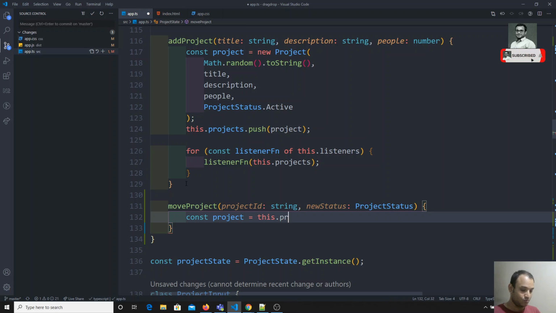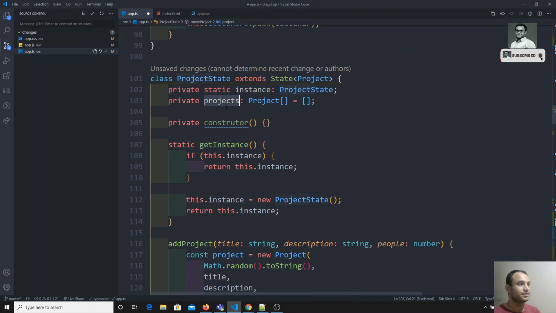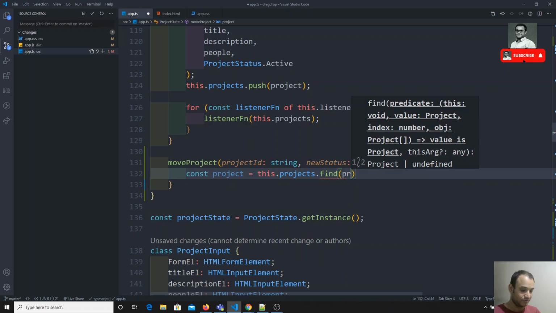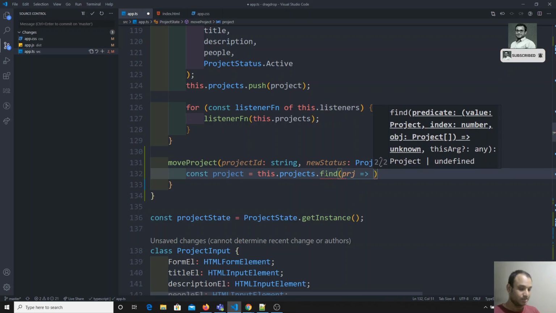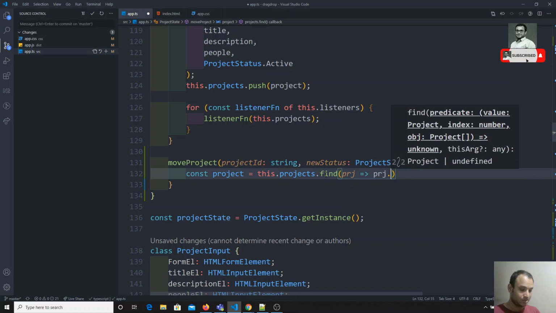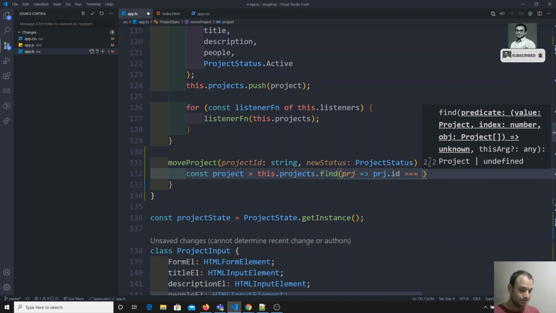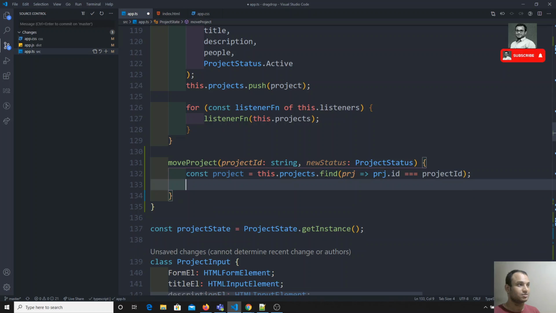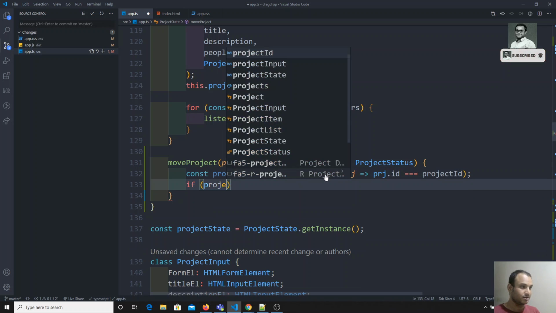I will try to loop over the projects. Why? Because the projects are all present here in this class. This is the projects array. I will use the find method, which will automatically give you the project where project.id is equal to the project ID I have sent. So now, if the project is there,